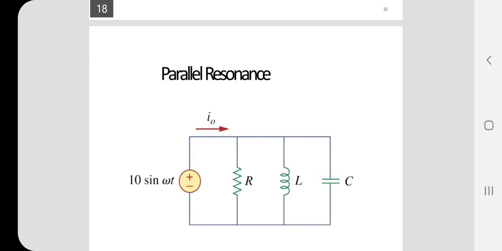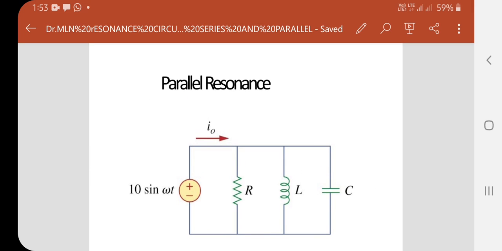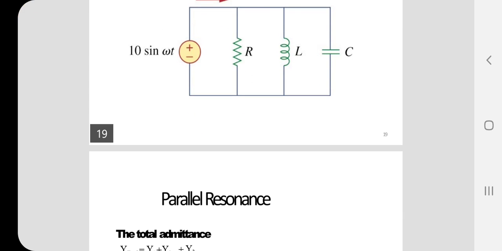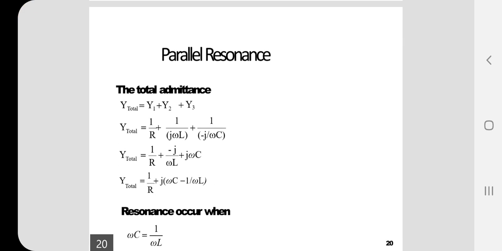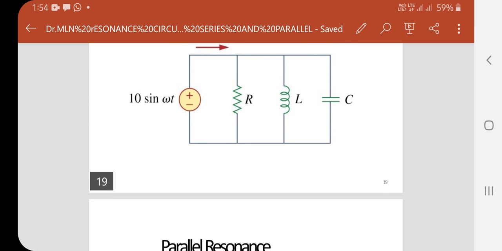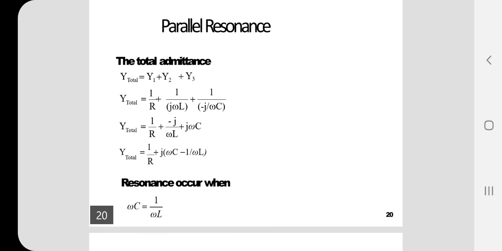And these two problems also we discussed. So now, this is the parallel resonant circuit, which has the circuit components R, L, C connected in parallel with the source. You say that the current I flows through that. In a parallel circuit, you know that the voltages are the same, but the currents will be different. So that means three currents will flow through the circuit, that is IR, IL and IC, with applied voltage 10 sin omega t.